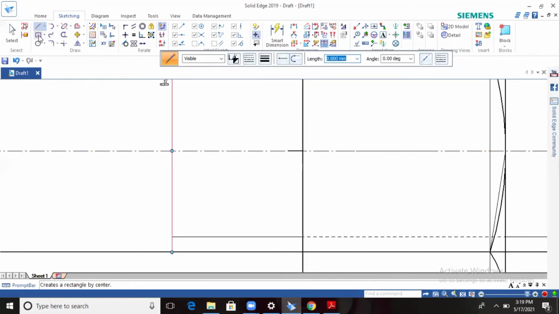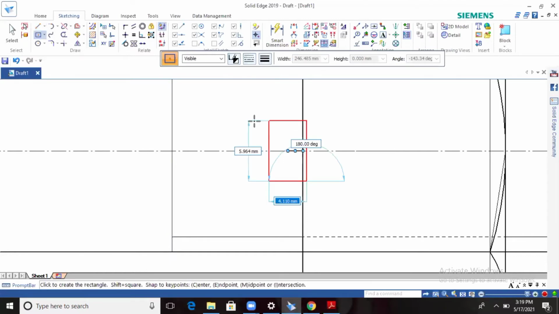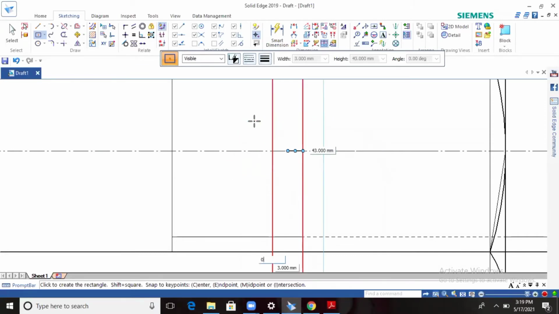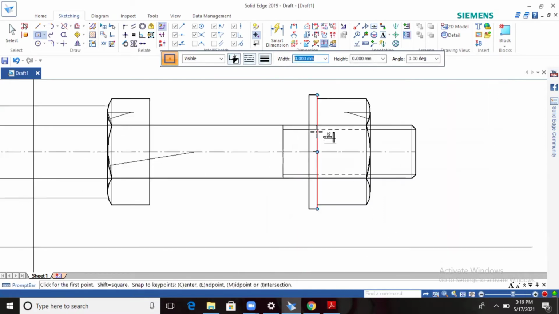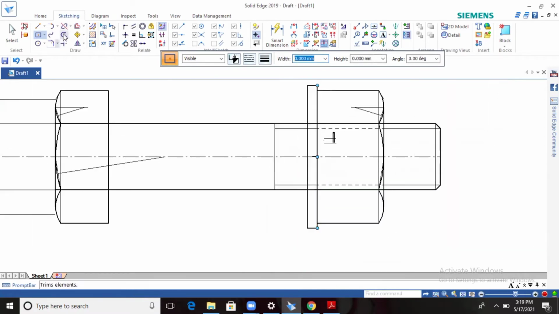You will get the end point. So go for rectangle by center, directly rectangle by center. So width is 3 and height is 43, angle 0. Finish. Okay, now the washer is finished.